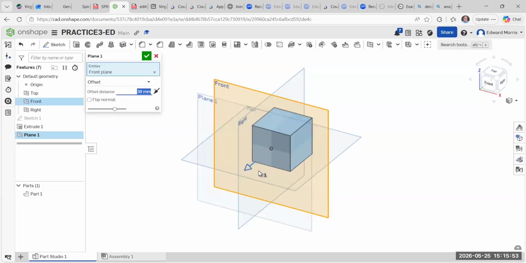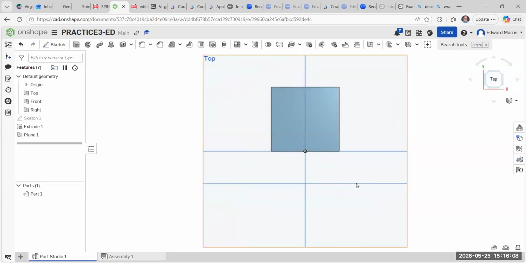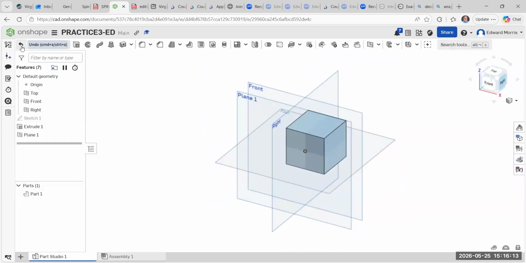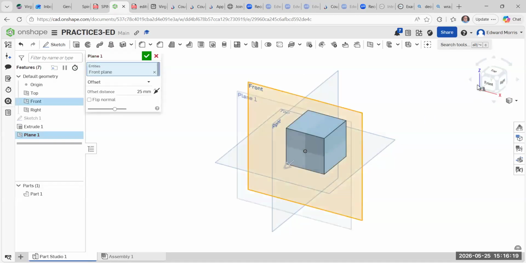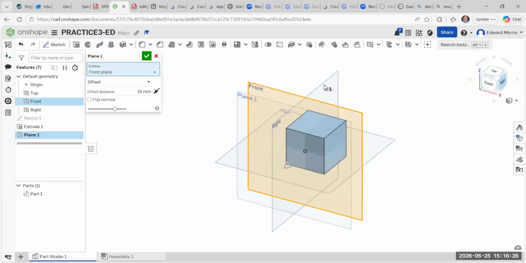Let's say about right. 25 millimeters. Let's see what that looks like first. Okay, that's 25 millimeters right there, right? So I'm going to undo that. And so if you see, there is our plane. We want to go back. We want to go in a negative direction. All right, so we're going to